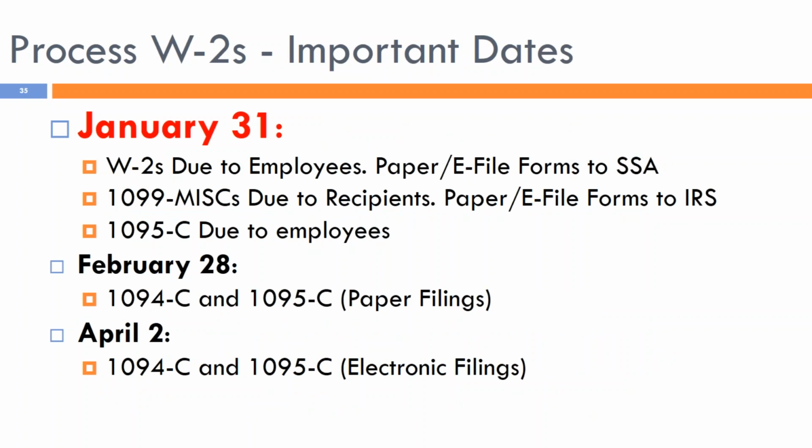So, let's talk about some important dates. It was new last year, not anymore. The due date is January 31st to submit W-2s to employees as well as the Social Security Administration. Same holds true for any 1099 miscellaneous recipients that have Box 7 non-employee compensation amounts, and the 1095-C is also due to the employees on January 31st. The Affordable Care Act forms paper filings are still due on February 28th, and the electronic filing is April